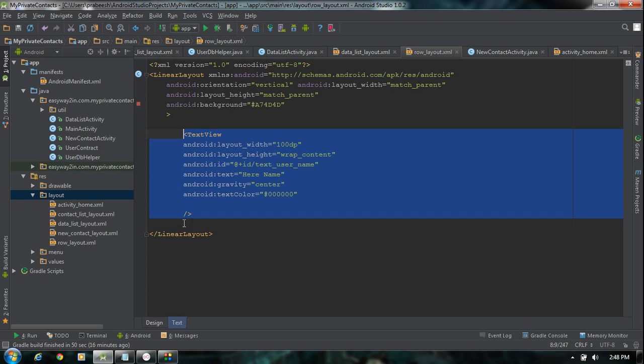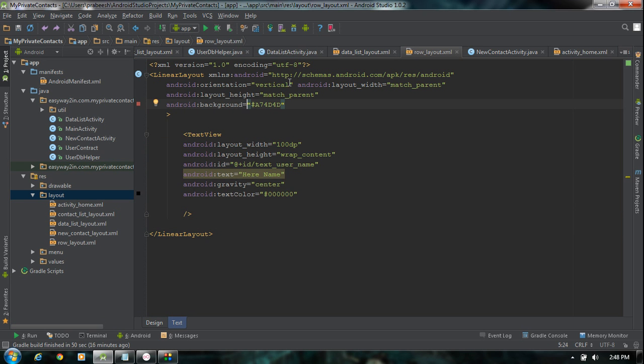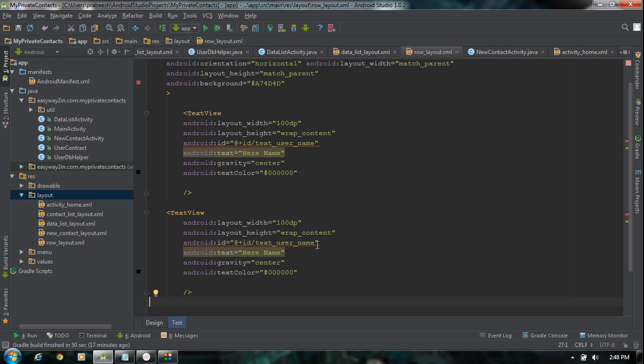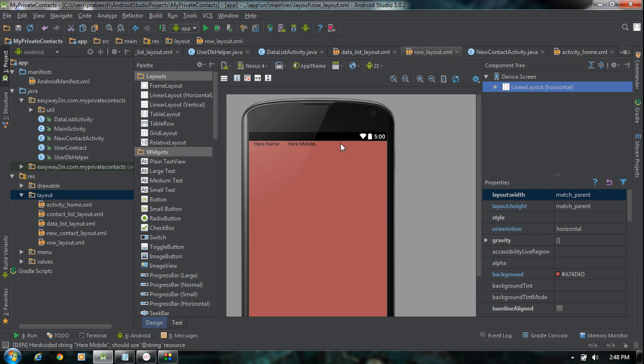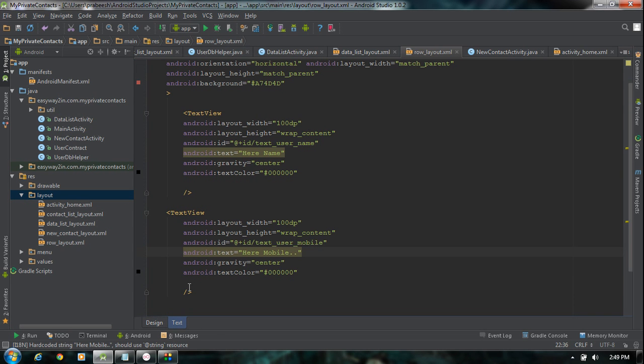Okay, so now we have to add another text view. Copy this text view. Before that I have to change the orientation into horizontal. Now paste the text view here. Change the ID for this text view, user mobile. Okay, here mobile number. Check the design. Now here we got the mobile number, and finally we have to add another text view for